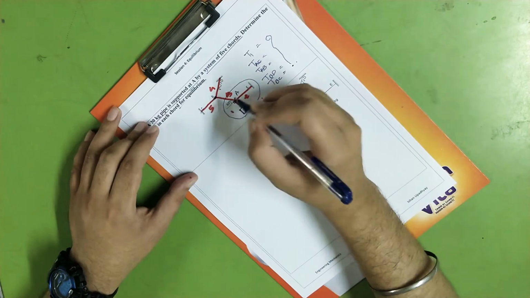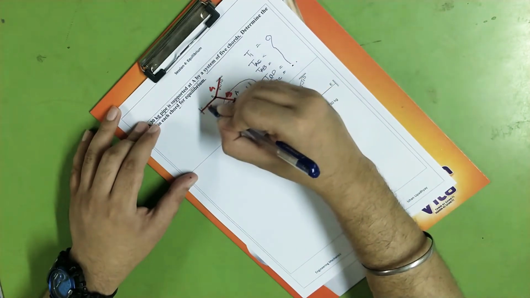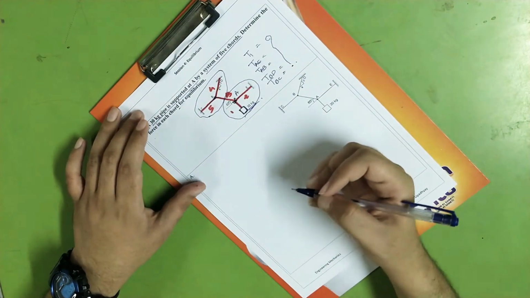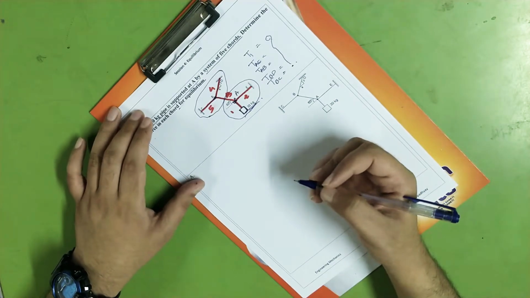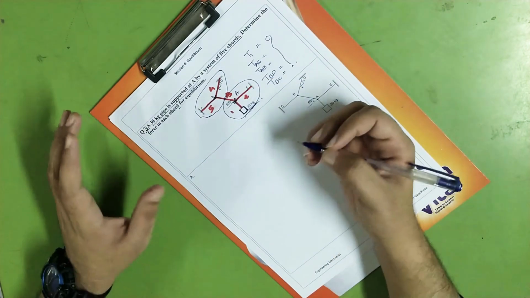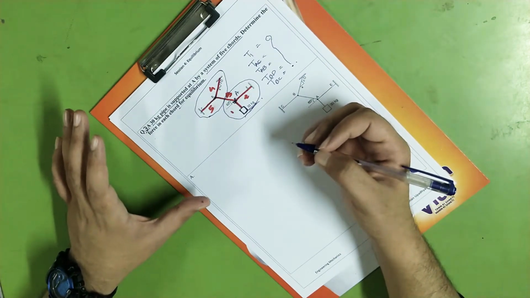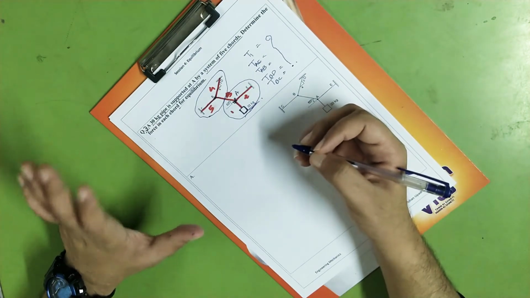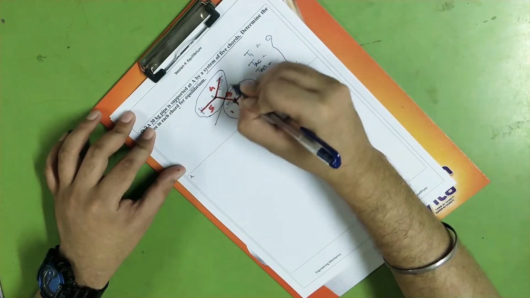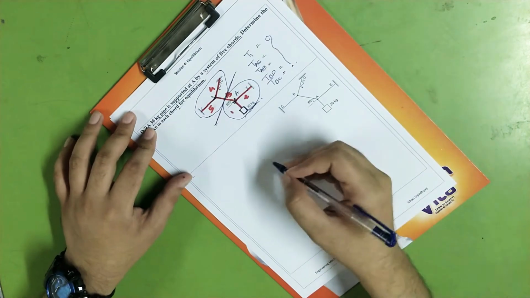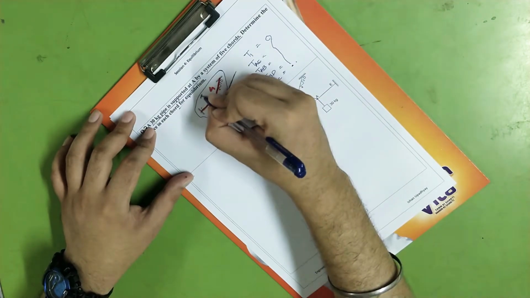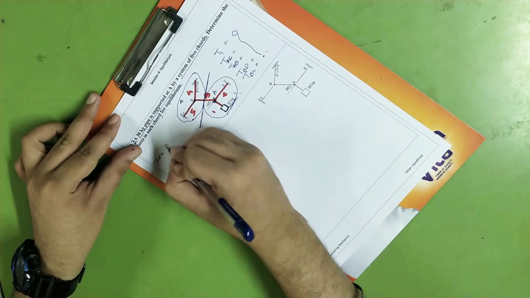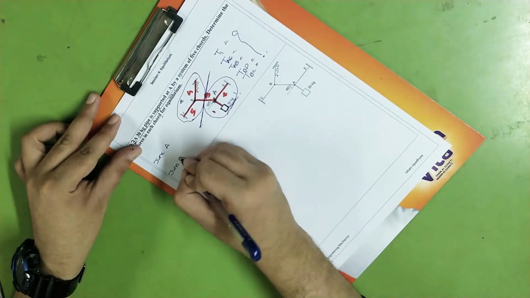Now what is the remaining part? Junction B. At junction B, again you will find 3 cords meeting, a concurrent force system with 3 forces acting. So at junction A and B separately, can we apply Lami's theorem? Yes, because each has a concurrent force system with 3 forces acting in it. So I have divided this force system into 2 halves: part 1 with junction A and part 2 with junction B.